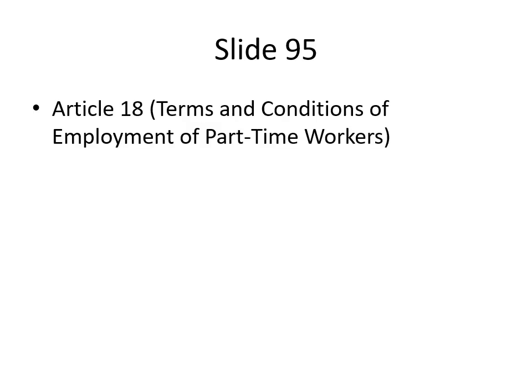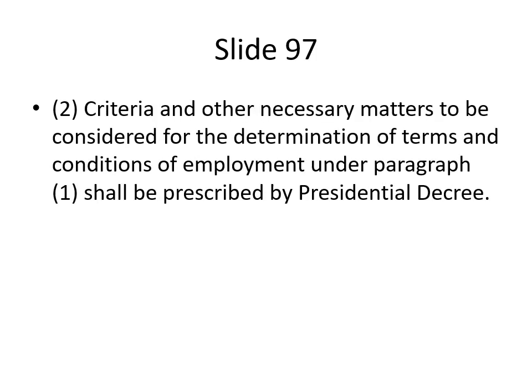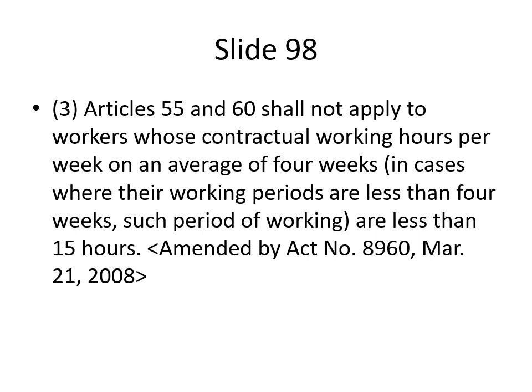Article 18. Terms and conditions of employment of part-time workers. 1. The terms and conditions of employment of part-time workers shall be determined on the basis of relative ratio computed in comparison to those work hours of full-time workers engaged in the same kind of work at the pertinent workplace. 2. Criteria and other necessary matters to be considered for the determination of terms and conditions of employment under paragraph 1 shall be prescribed by Presidential Decree. 3. Articles 55 and 60 shall not apply to workers whose contractual working hours per week on an average of 4 weeks, in cases where their working periods are less than 4 weeks, such period of working, are less than 15 hours. <amended by Act No. 8960, March 21, 2008>